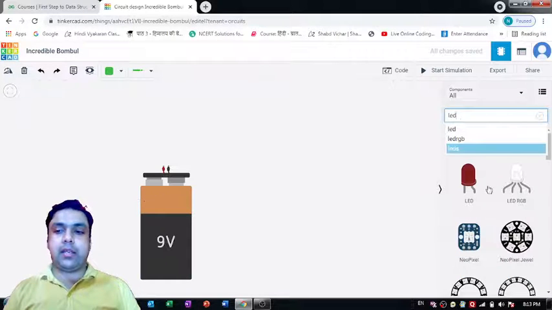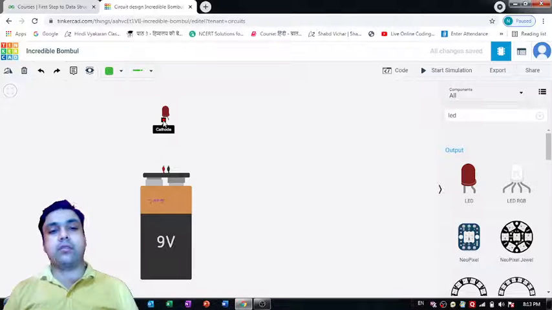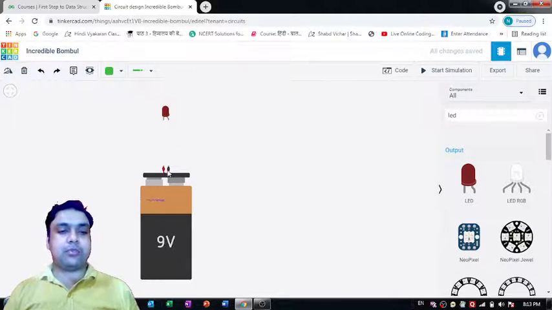It's a 9-volt battery, and I would like to connect an LED to this battery, and here I go. Okay, so that's the LED. Now how can I connect it? As you can see, the LED has two terminals, and this battery also has two terminals: that's the positive terminal and that's the negative terminal.